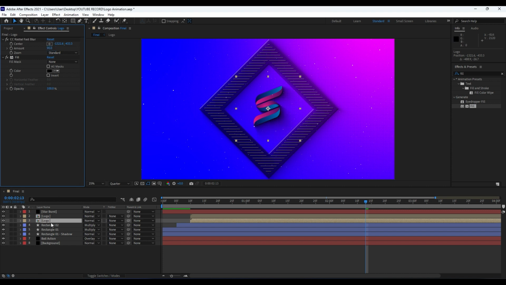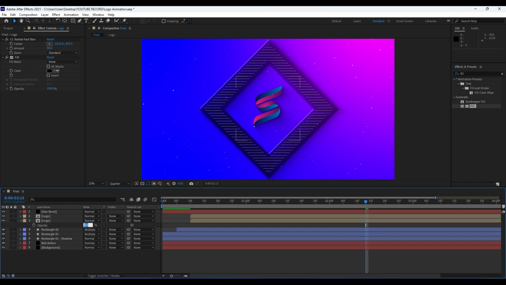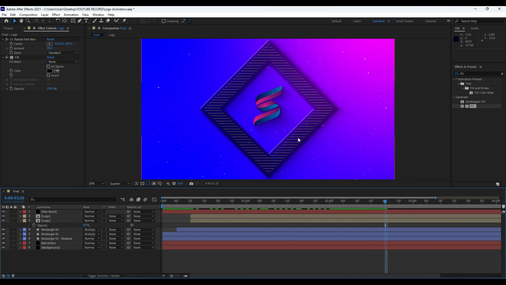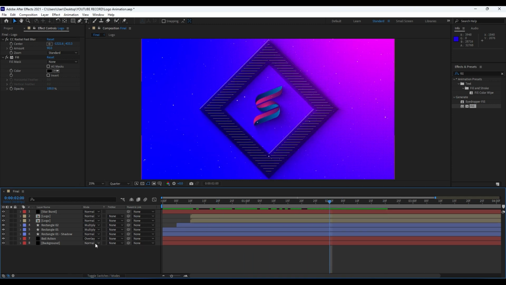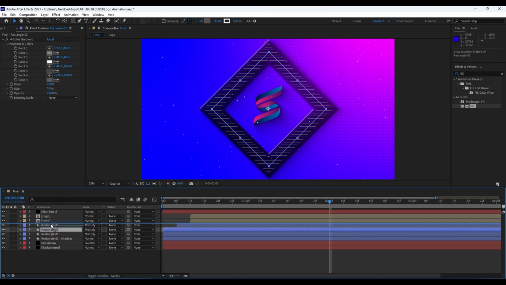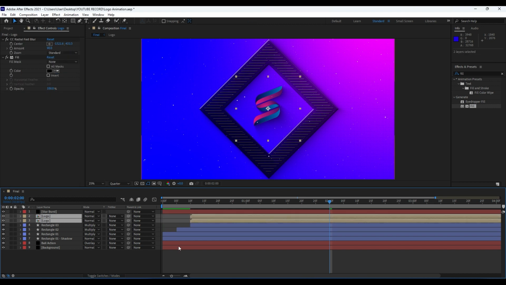And also you can play around with the opacity, hit T, maybe to around 50% or 60. And in our finals now, our logo has this really cool and awesome shadows. Alright, next thing we're gonna do is to also duplicate this rectangle O1 once again. Move it above this rectangle O2, also move this one to around 10 frames, and now we will also reposition